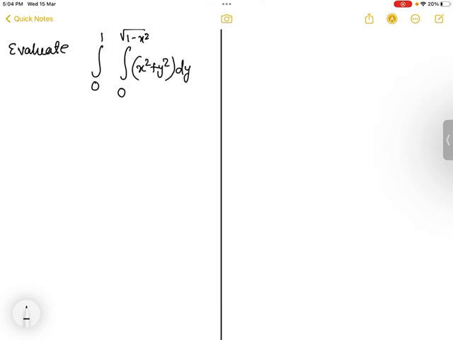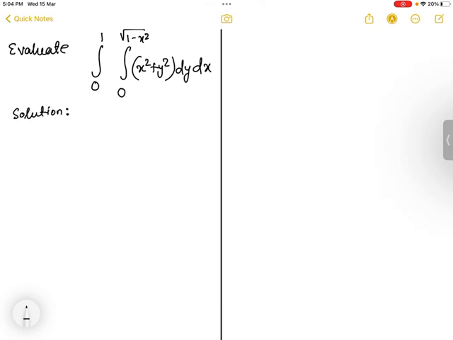Hello everyone. So today we'll evaluate a double integral using change of variable. Evaluate this integral, 0 to 1, 0 to root over of 1 minus x square, x square plus y square dy dx. Of course we can evaluate without using the change of variable also, but using change of variable, first what we will do,